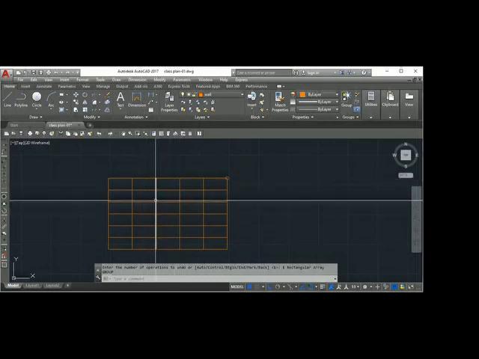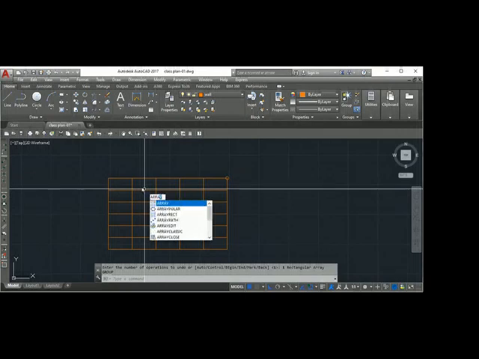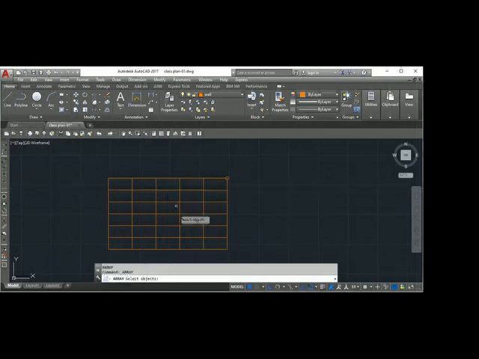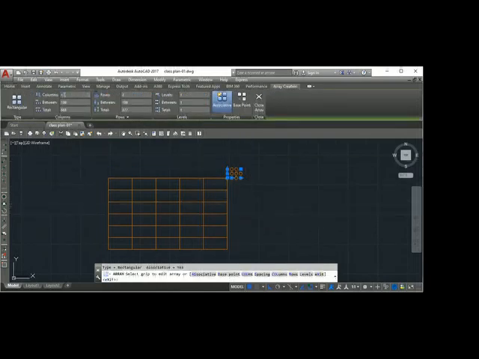Again, array, rectangular array. You can type array command also. Array, rectangular. After selection object, you can select rectangular. Click this rectangular. Again, we will type the number of columns 6, number of rows 7. Okay, distance between rows.